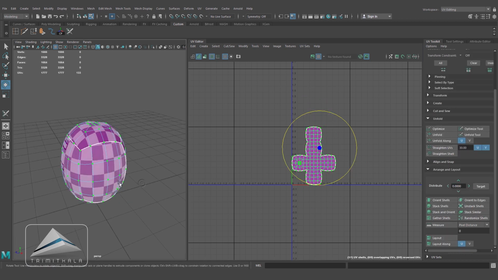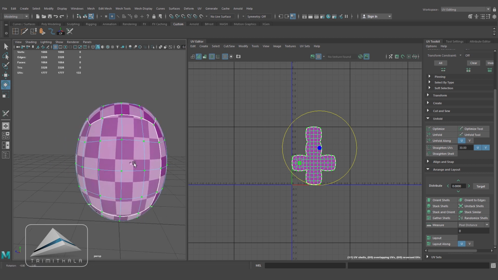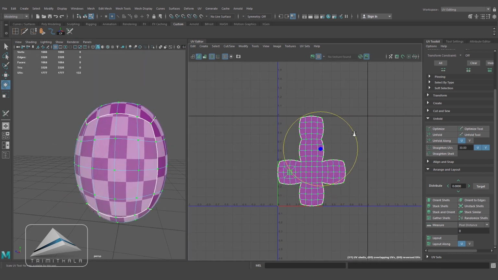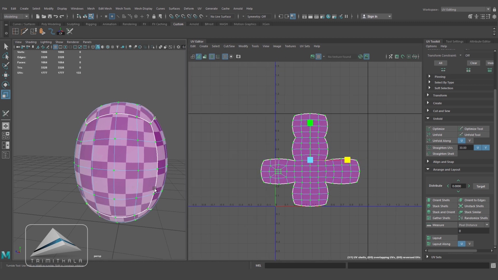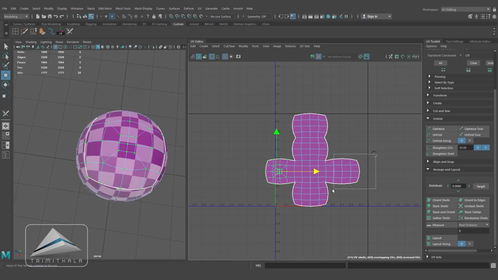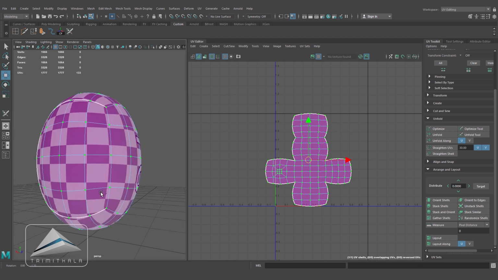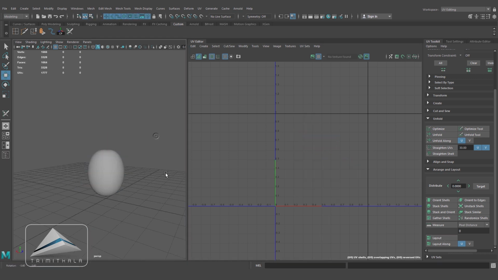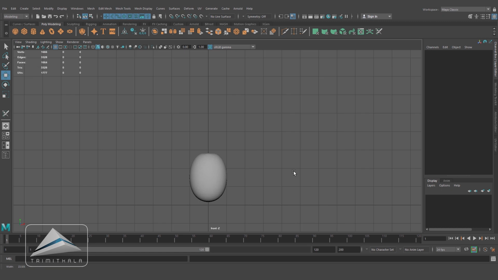Alright, and you can see the UV shell has come inside the positive space, but still I can see some distortion, and manually I will rectify it. Coming back to my classic layout.